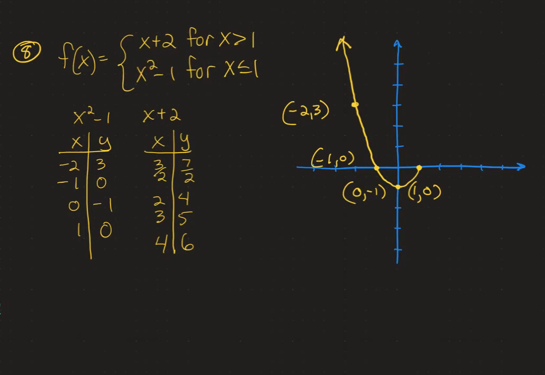In order to indicate that, we actually do put 1 into this second part of the function and figure out what that value would be. It would be 3, but it cannot be that. Instead of putting a point at 1, 3, we leave an open circle, indicating it's not there,